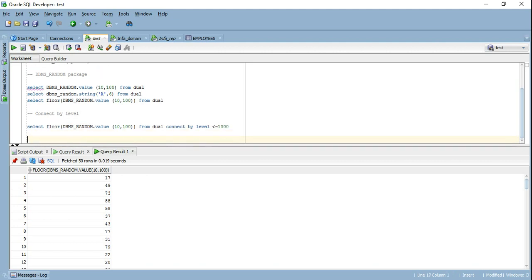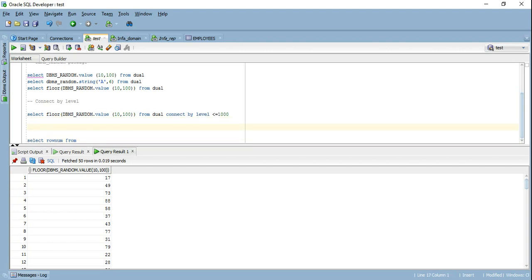Now let's say my developer developed an employee table. The first column of the table is employee ID. So what I'll do is I'll select the row number using a rownum function from dual. So the first column is employee ID, the second column is name, the third column is email, the fourth column is salary, the fifth column is SSN,